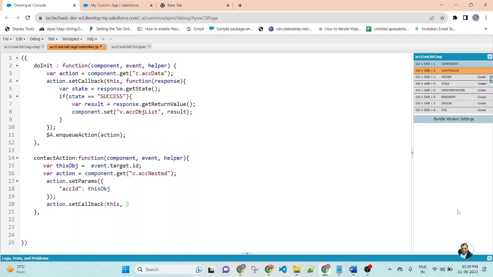Inside the set callback action I will apply a function. Inside the function I will use response. Here I will create a variable: response dot get state.